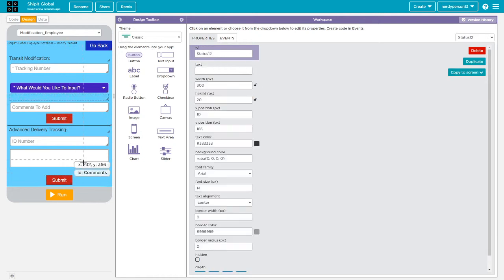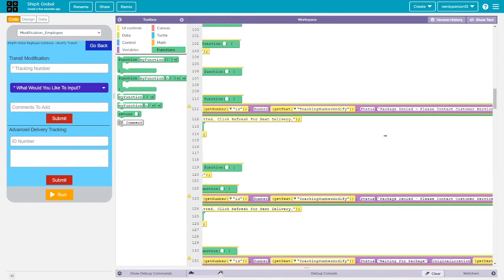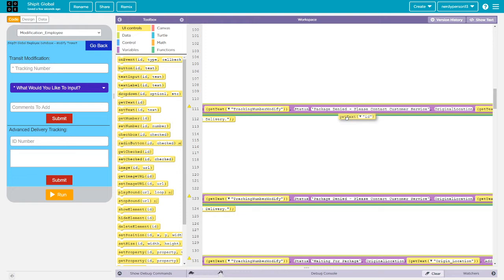Alright, so we have 11 and 12. So let's go ahead and program the modification for employee. So if you click button 25, we're going to make some revisions on here. But the status of the package,